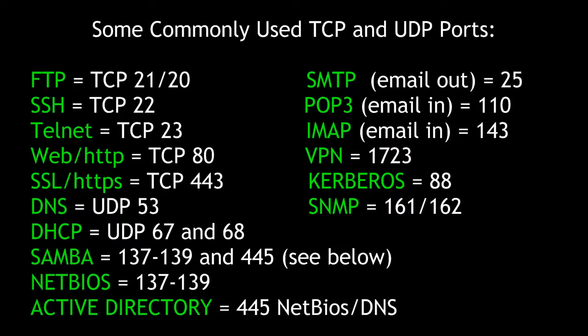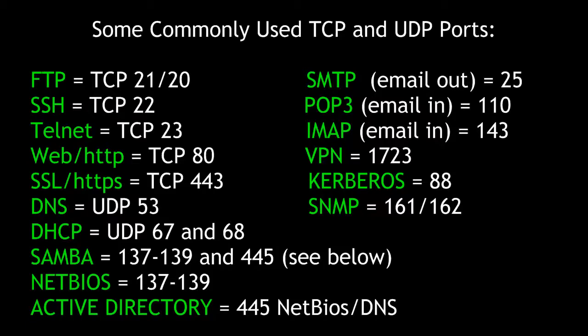And this depends on whether you want to let the traffic in, incoming or input, or let it out, outgoing or output, or to forward it through a router to another subnet or network destination. Some of these ports and protocols include FTP, which would be 21 and 20, Secure Shell 22, Telnet 23, Web 80, and then Secure Web would be 443, SSL, Secure Sockets Layer, DNS 53, DHCP 67 and 68, Samba and